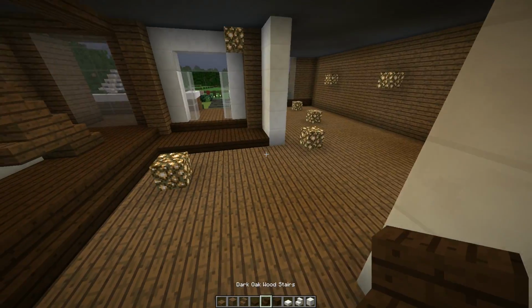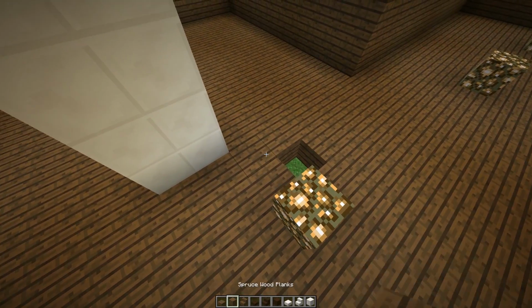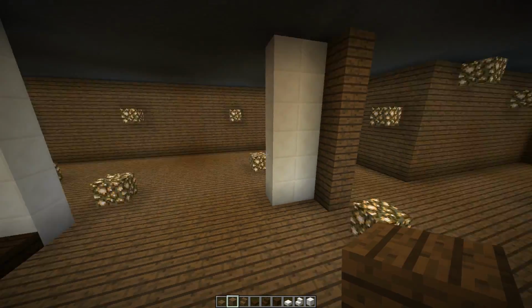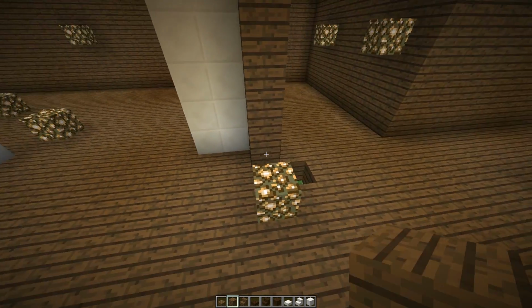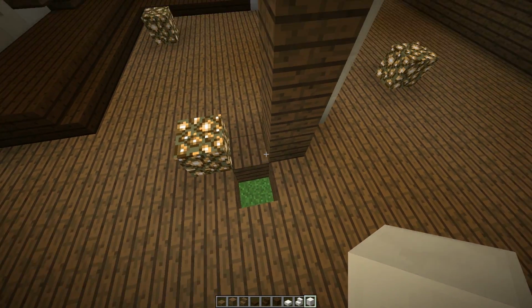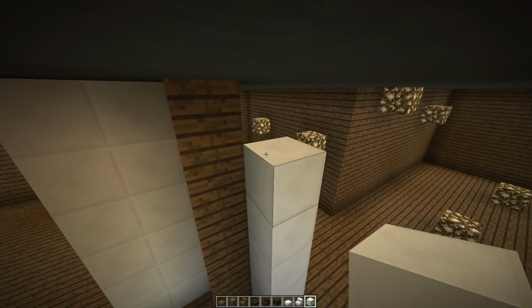And then just as we have over there, we have this milk chocolate pole going up. So we're going to run that all the way up like so. There we go. We're starting to get somewhere. We're starting to get some walls, which is kind of crazy to think about. And then we're just going to sneak back here. So on this block right there, we're going to run up another quartz block going straight